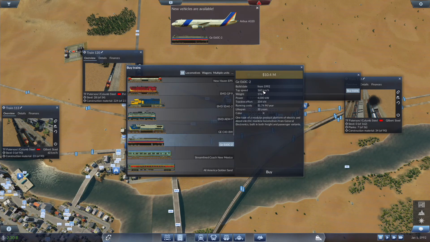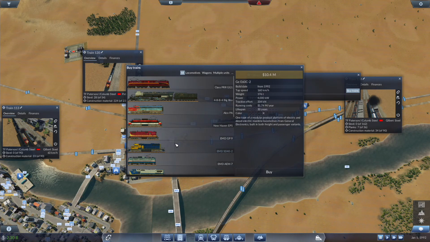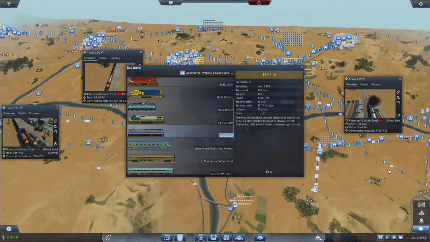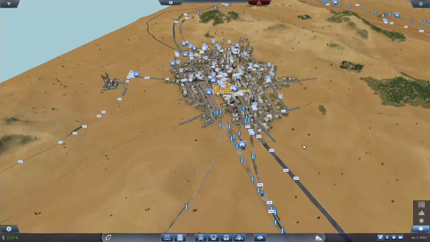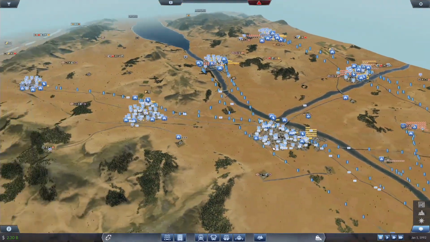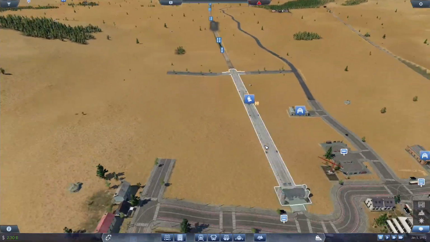160 kilometers an hour. Very tempting. Although $10.4 million. Ouch. 1992. This better not be the only thing replacing the Alco. I don't really want to go electric just because I'll have to. The entire freaking network has to be. Wow. Yep. Yeah, we only have 2 more years with the Alco PA. So one thing I might want to do...